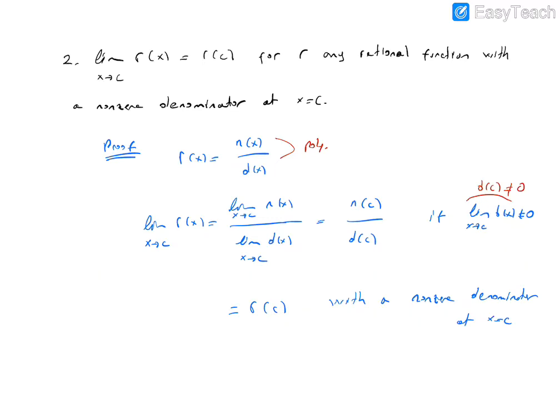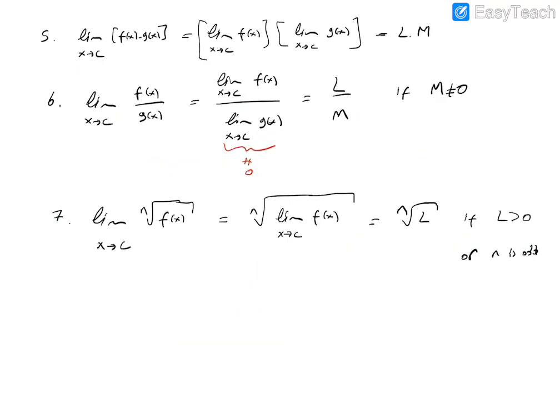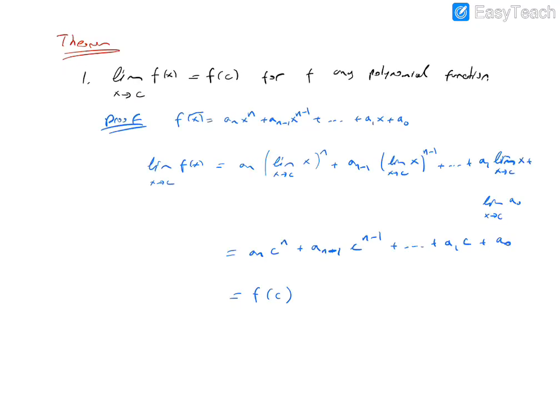Actually, when applying the quotient rule, we said that the limit of the denominator should be different than 0. That's right. But let's look at that definition here. But if this is 0, what can we do? If this is 0 and this is different than 0, the limit does not exist. But if both of them are 0 at the same time, we have an indeterminate form. Okay? So let's write the definition. Indeterminate form.